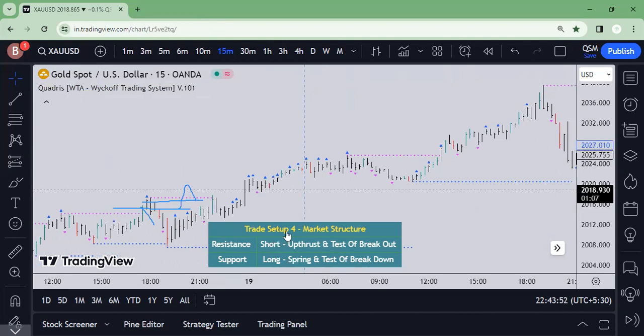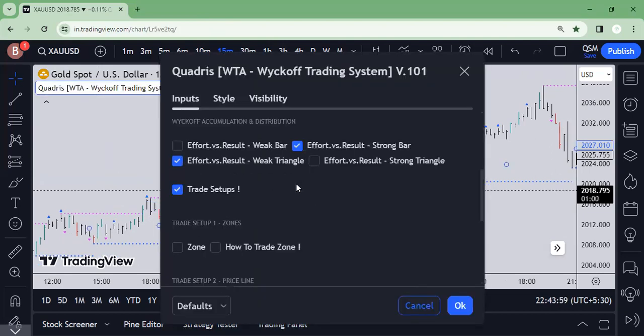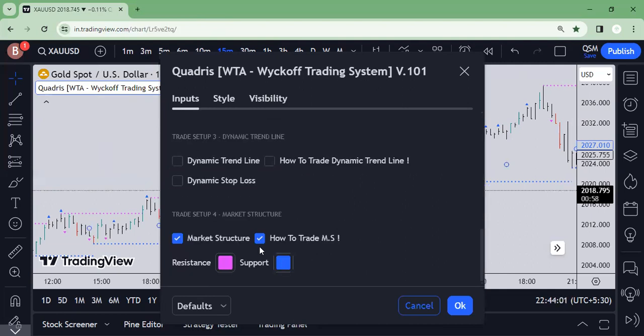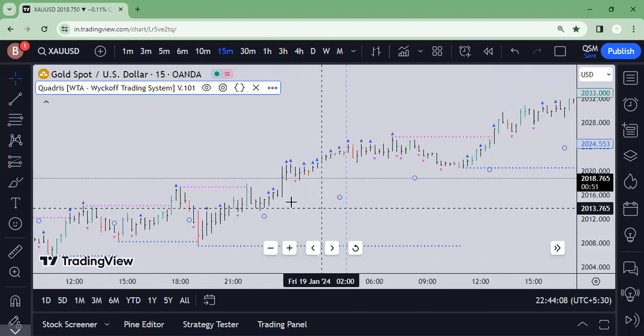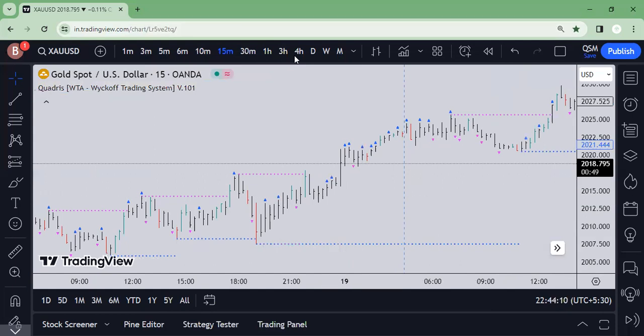You don't need this for a longer time. That's the reason I have given one tab over here. After everything I have given one tab. This will remove this thing. Till the time you are not well versed with this thing, it will act as a cheat code for you. Breakout, test of the breakout, buy here, stop loss underneath, first target, and then if you